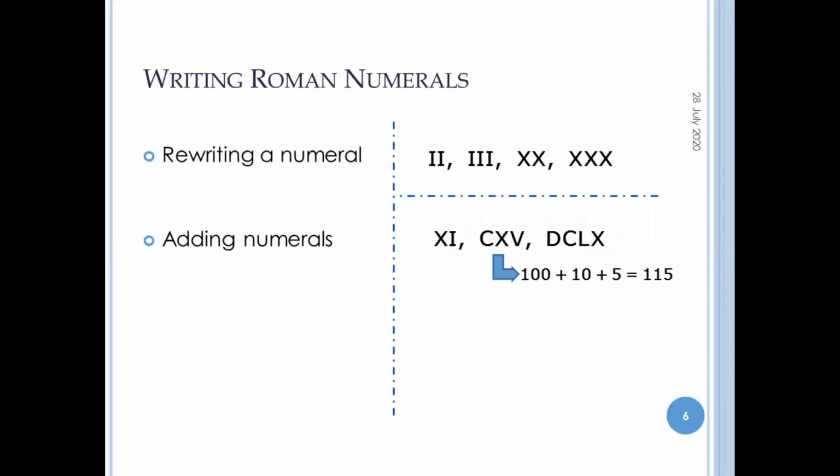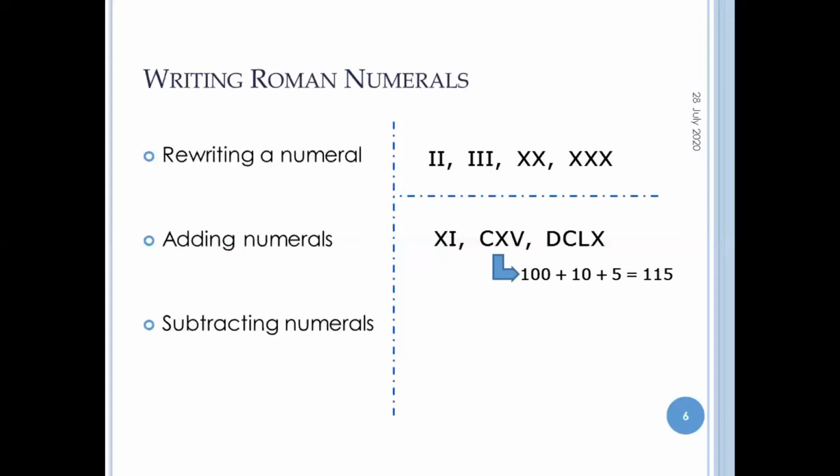Look at 115. The V is written on the right-hand side of X, implying that 5 plus 10 gives us 15. But also, XV is written on the right-hand side of C, implying that 15 is added to 100 to get